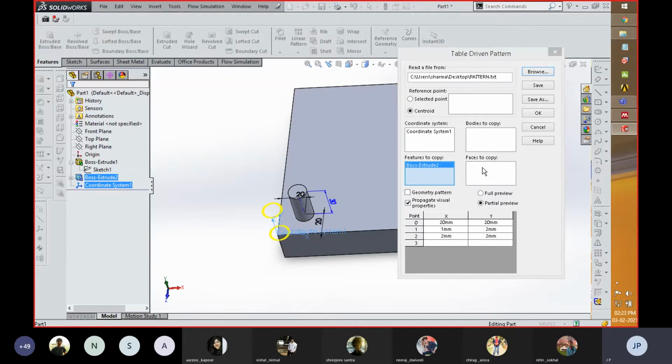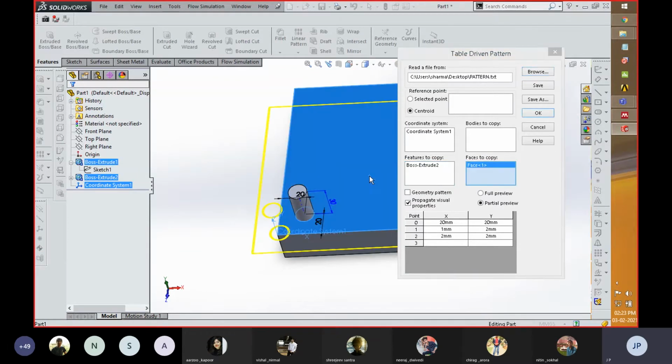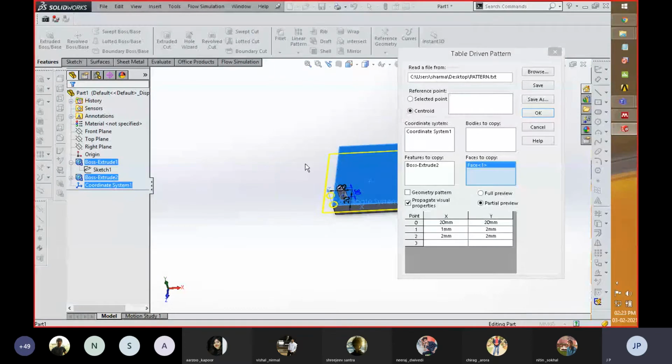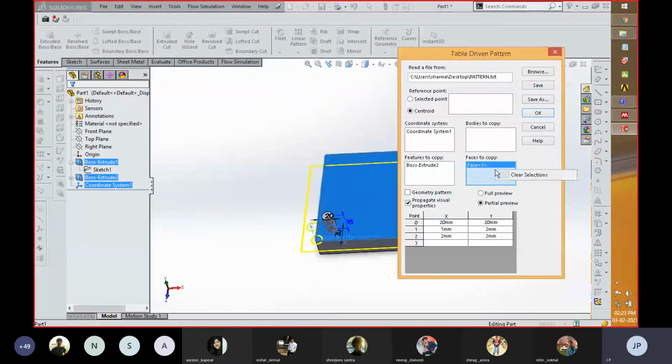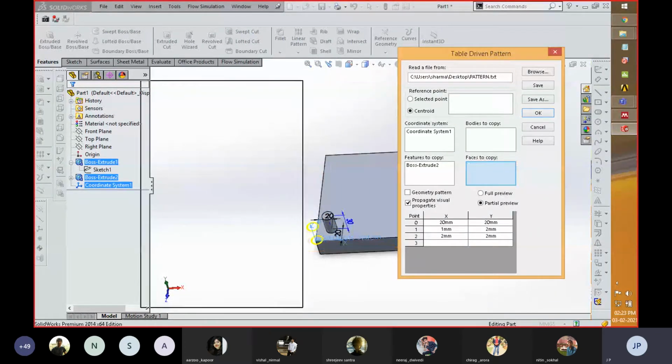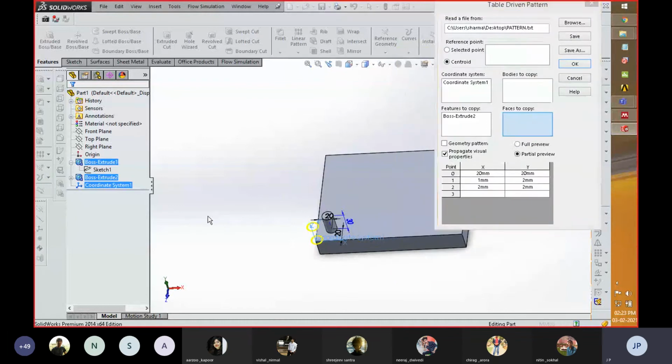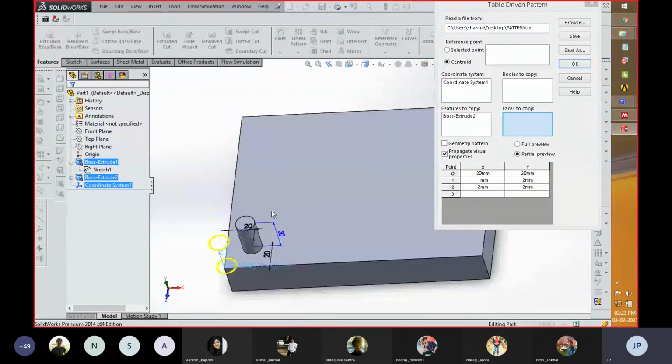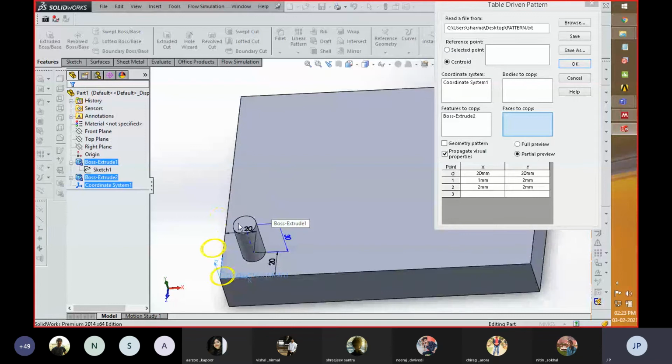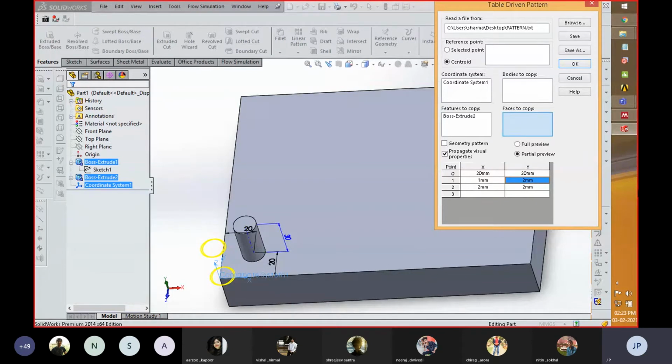Okay, now faces to copies, so click over here. So you can see that without clicking the faces, the component copies are created. Okay, actually I'm going to place over here, and you can see that the value which is given by me is accepted by the module, or you can modify this value over here also. I'm going to fill the value. So it takes the value. If you want to change this value from the reference file, you have to go over there and edit.